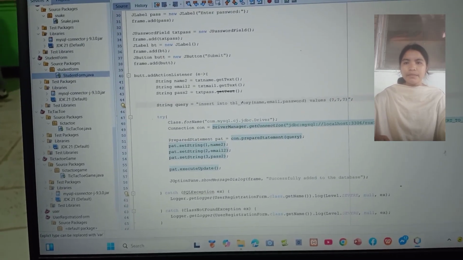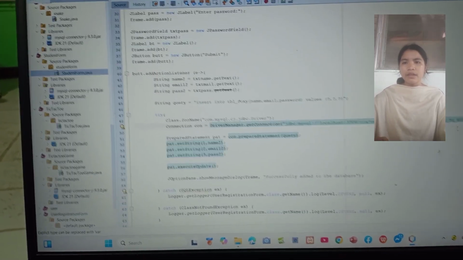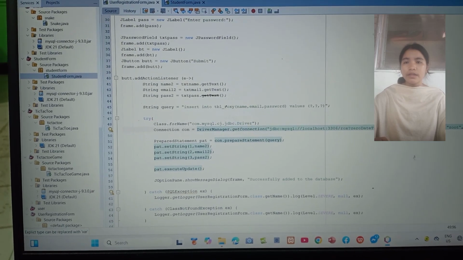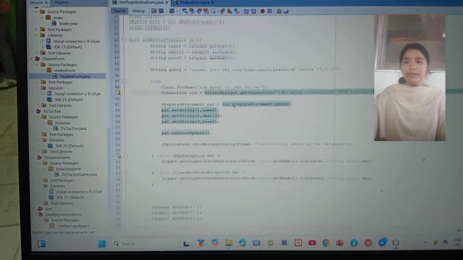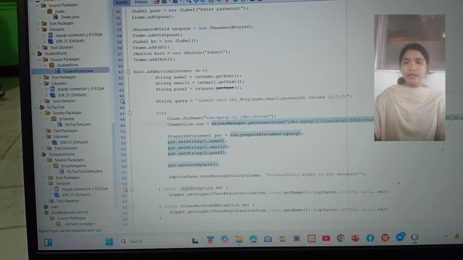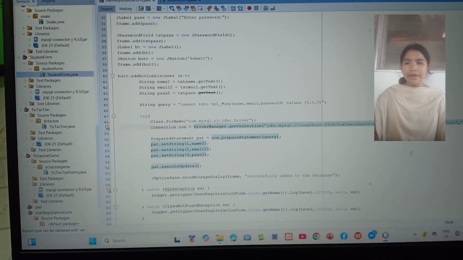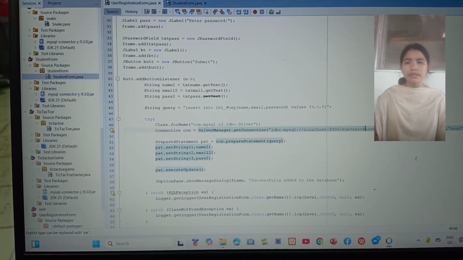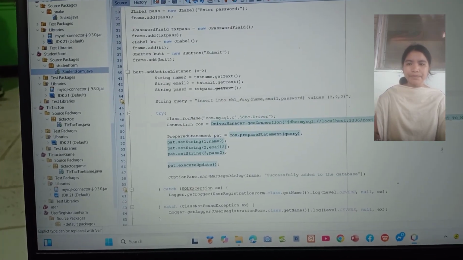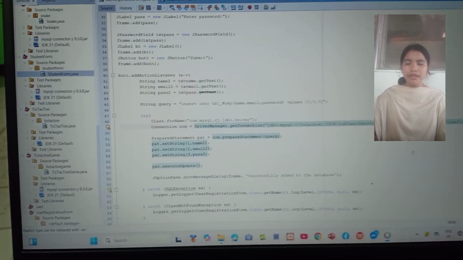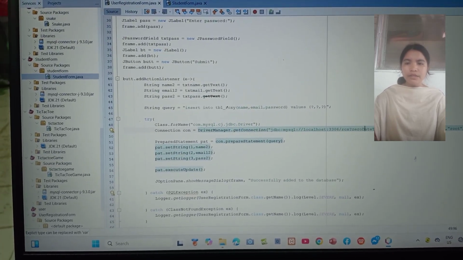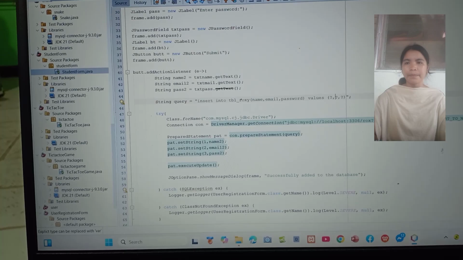The PreparedStatement pst, pst.setString name, email, password, prepares and fills the SQL statement with the user inputs. The pst.executeUpdate executes the SQL statement to insert the data.